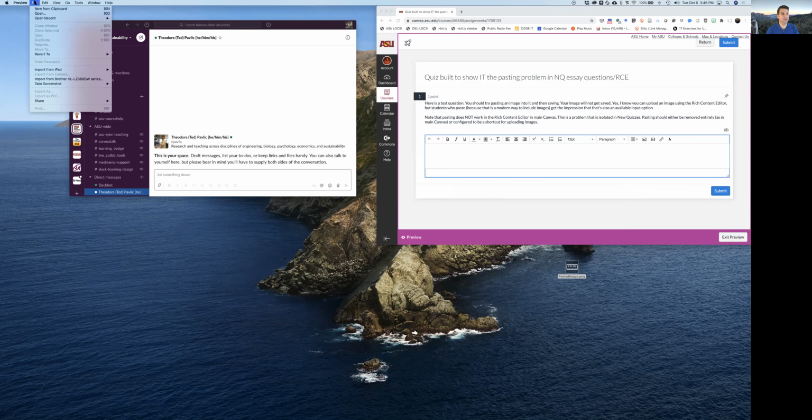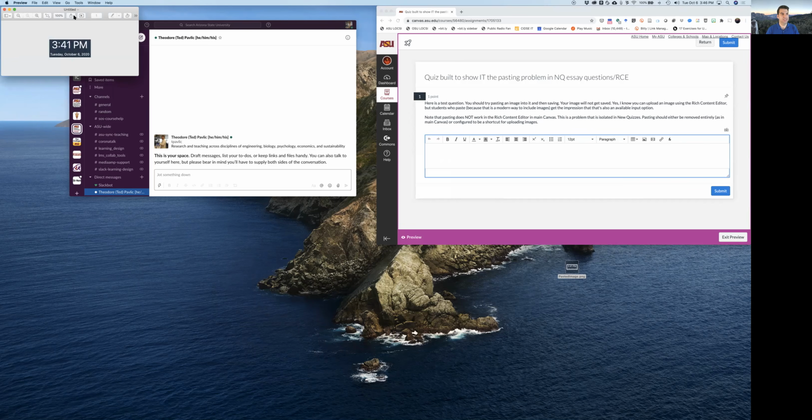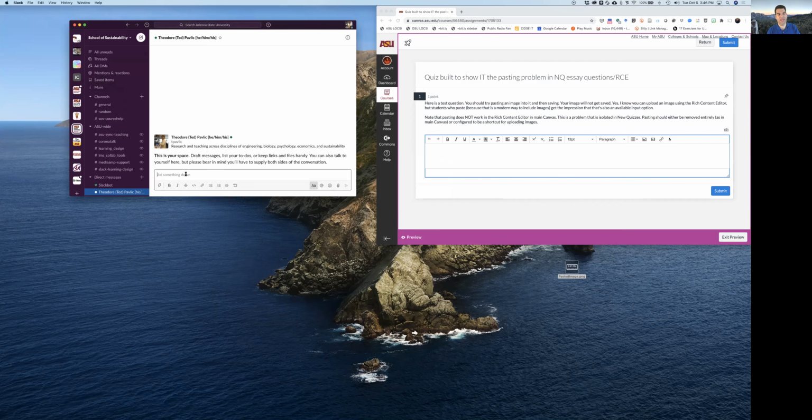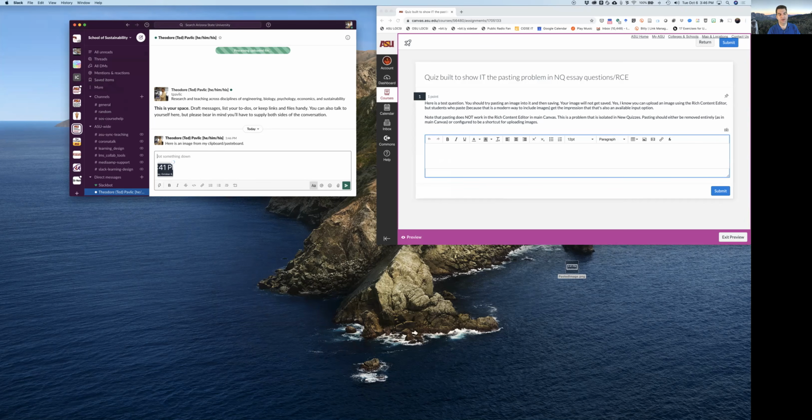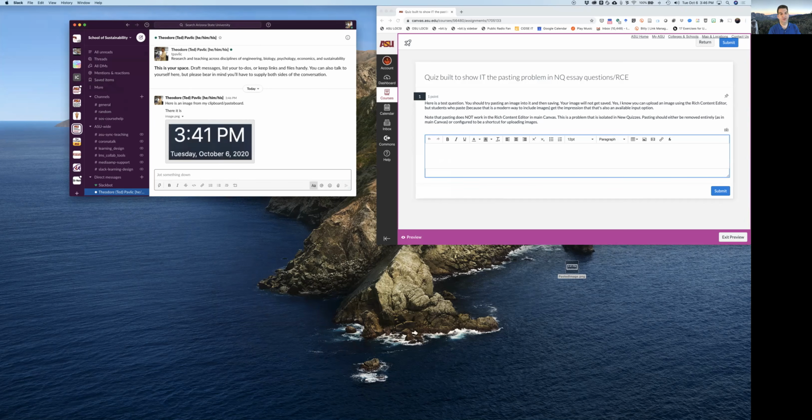So if I were to go to preview and say new from clipboard, then you would see this is the image that I just captured. So if I were to go into an app like Slack, for example, and I were to type into a text field of Slack and say, here is an image from my clipboard, pasteboard, and paste that in there. There it is. And you can see that Slack allows me to just paste it right into the field